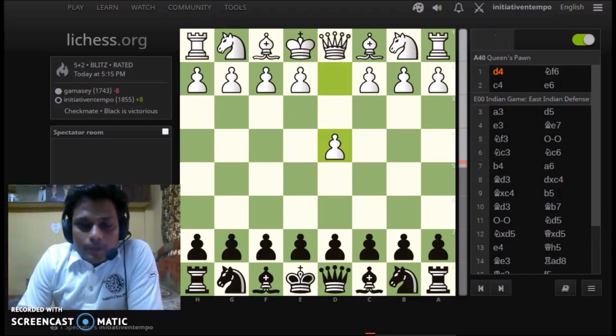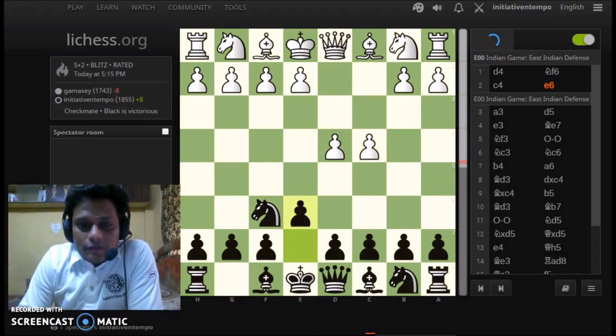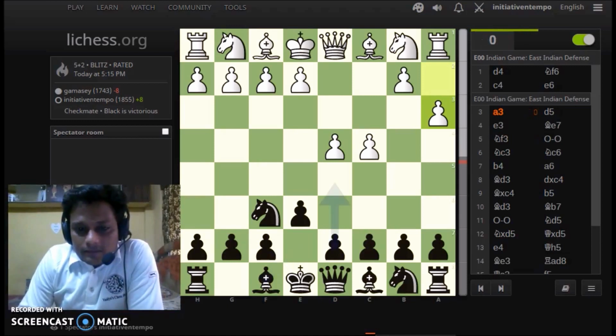So our opponent opened with d4, we played knight to f6, he played c4, we played e6, and he played a3. Now let's see what the computer has to say about it. We played d5 in the game, and well, one thing is for sure, it's a pawn in the center, so that can't be a bad move. Yes, the computer shows it as a candidate move. Yes, opponent played e3,